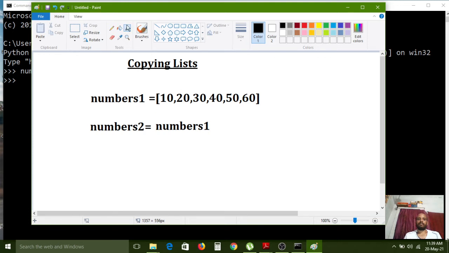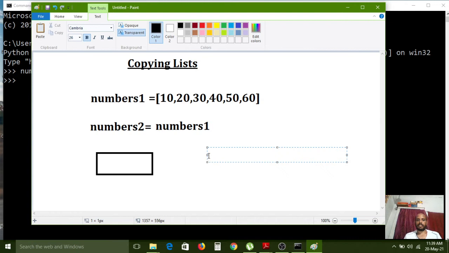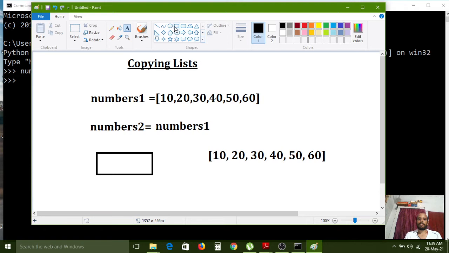Now I am drawing one diagram. This is one box, and this list 10, 20, 30, 40, 50, 60 is created. This is the memory created with these elements.